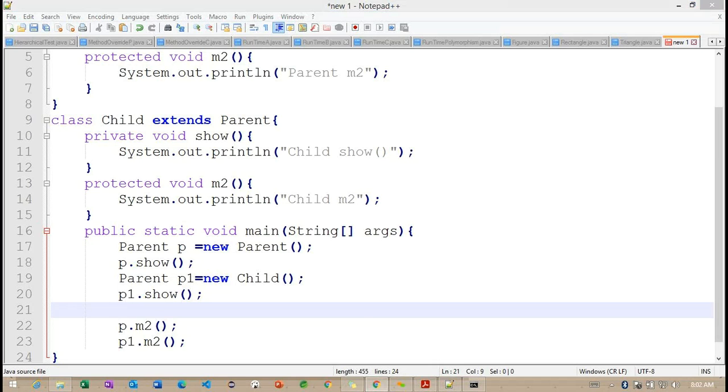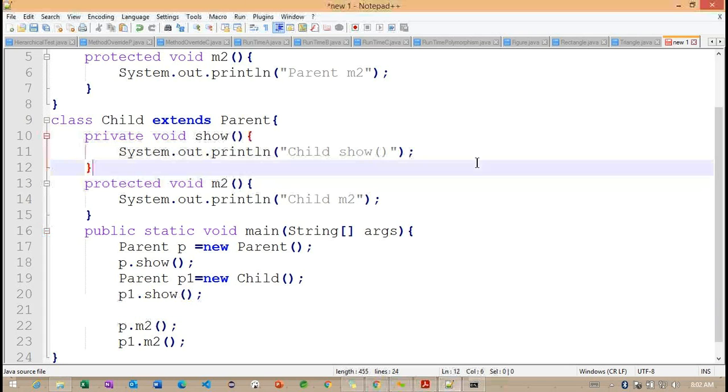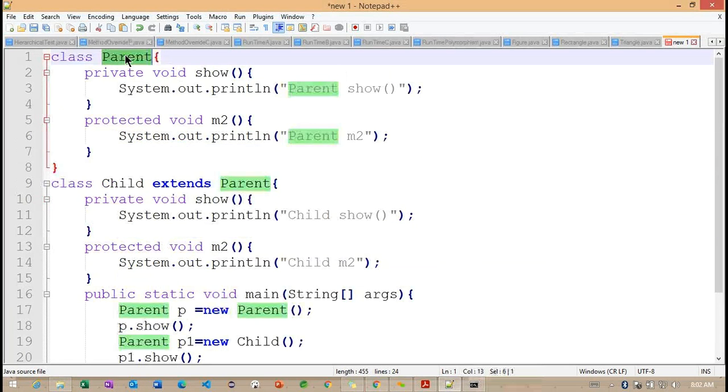I made one method private, and one more method I made protected here. Okay. So p dot m2 probably will call the parent method.